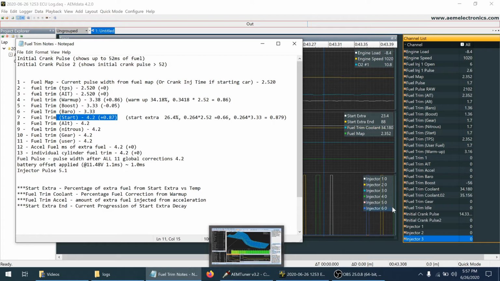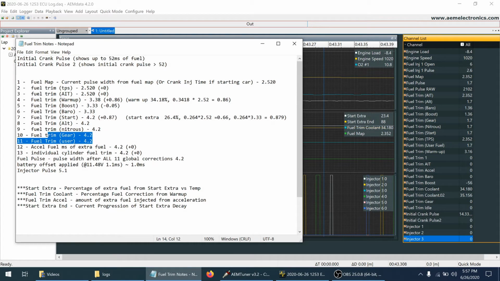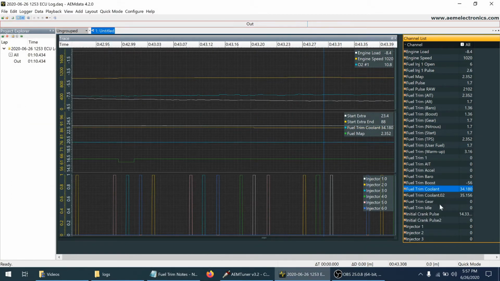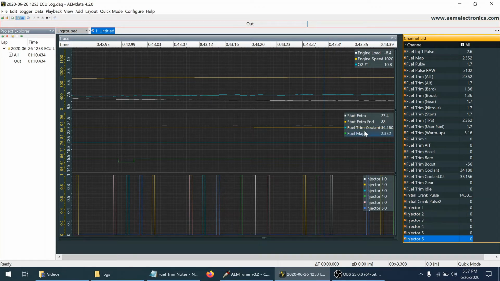So I know the temperature, I know what I want to pull it from, and you don't have to go through all these calculations every time either. If you know that, hey, I've got this trim off, this trim off, the barrel trim off, you'll know exactly what to look for. And honestly, that's probably why they've got these other start extra and fuel trim coolant things in both ways, because those are the most common ones you're going to look at. So they want to give you the pulse width version of it, and they want to give you the percentage